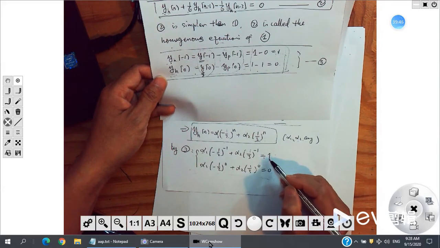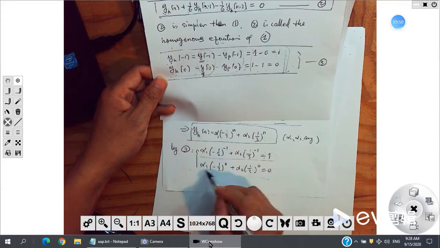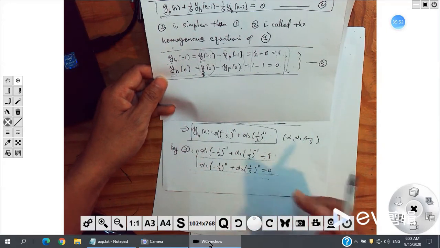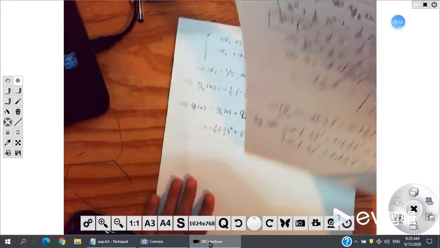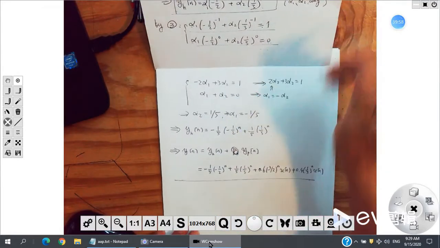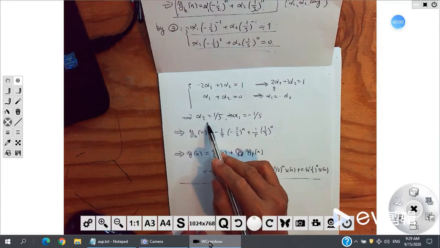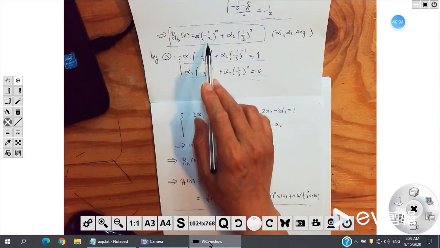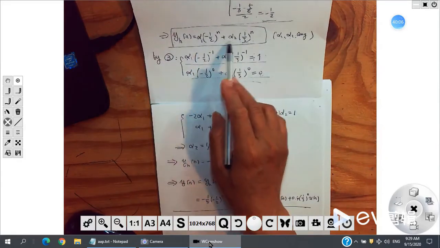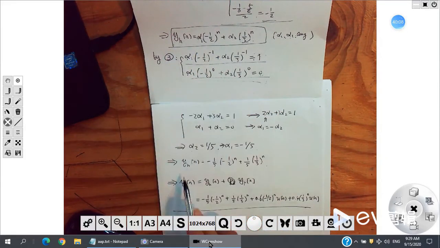We have to satisfy the initial condition. So we have these two equations. Then solve these equations, we can get alpha. Then plugging alpha here, we can have Y_H. Right? We get Y_H,